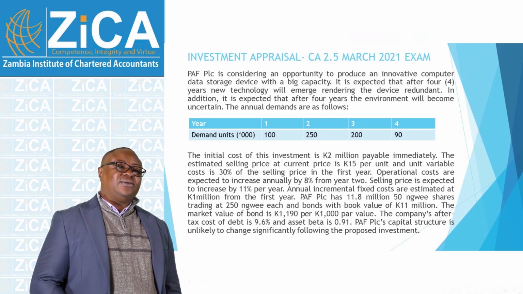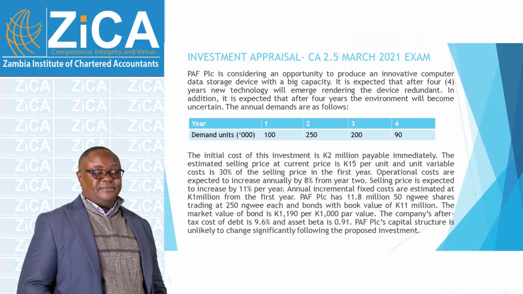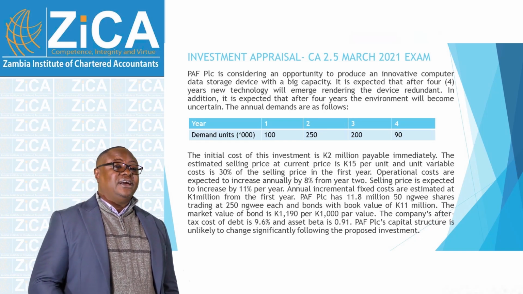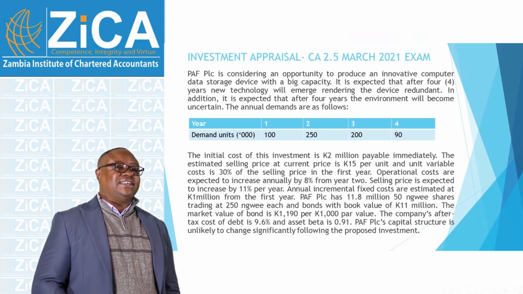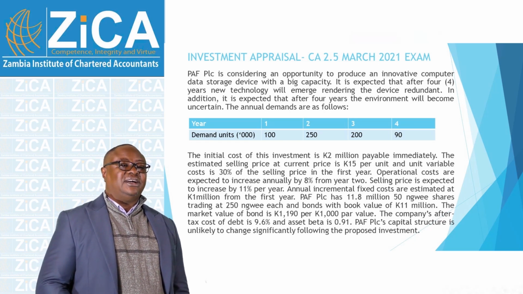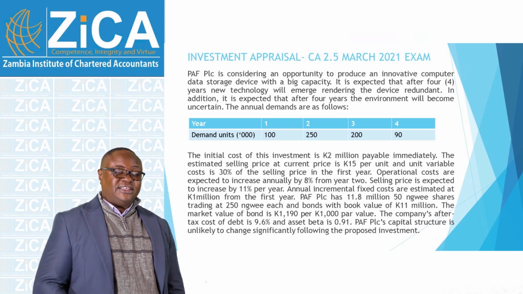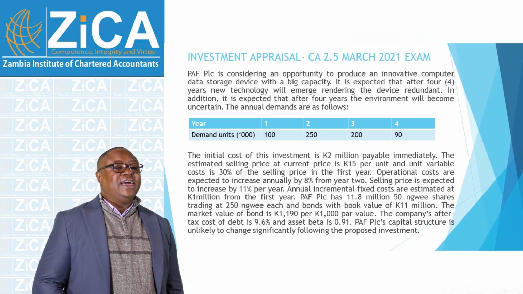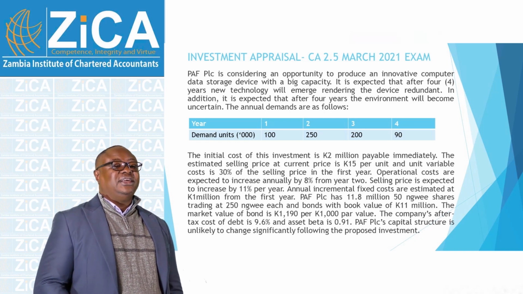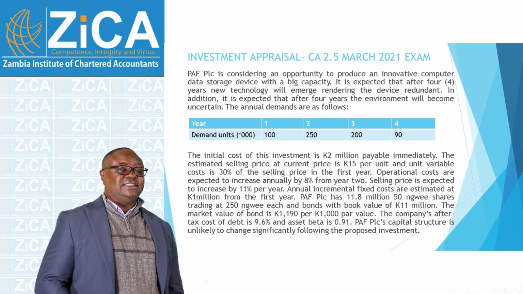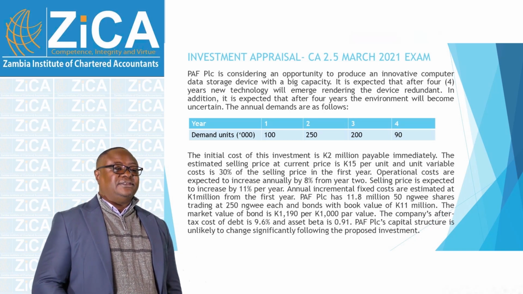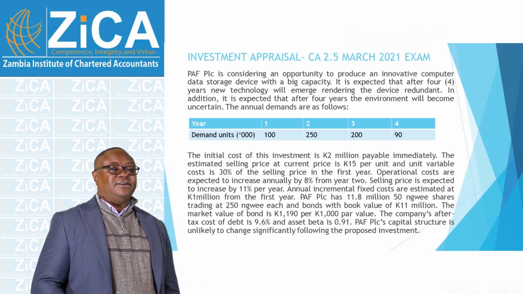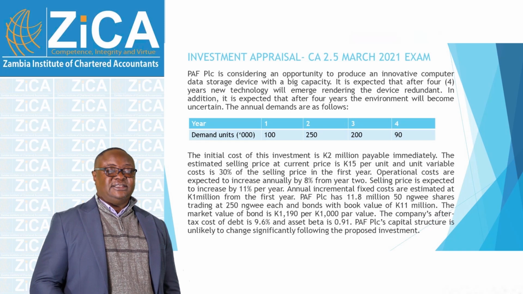There was a question that came in investment appraisal, CA 2.5, in March 2021, which was on net present value, but it has a component of the cost of capital, where there were issues to do with the regearing and gearing. So this is one of the papers you may use in your revision to try and understand how you can go about regearing and gearing.